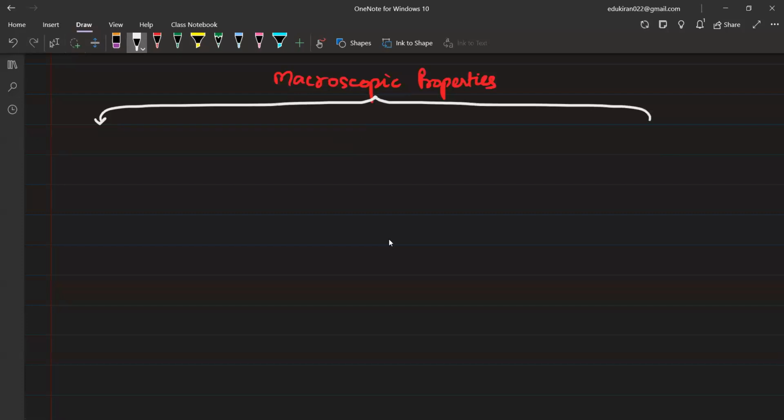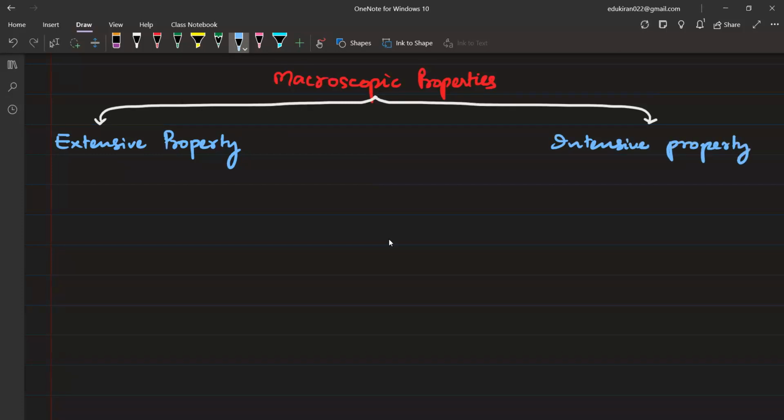Here, guys, macroscopic properties are of two different types. One is known as extensive property, and the other one is known as intensive property. What is extensive property? This depends on